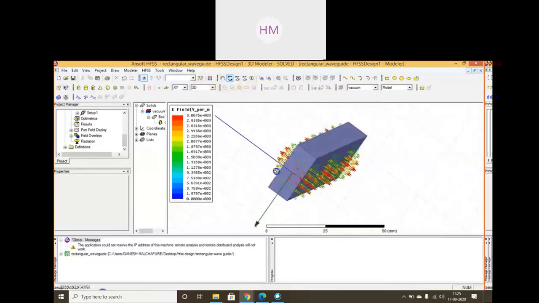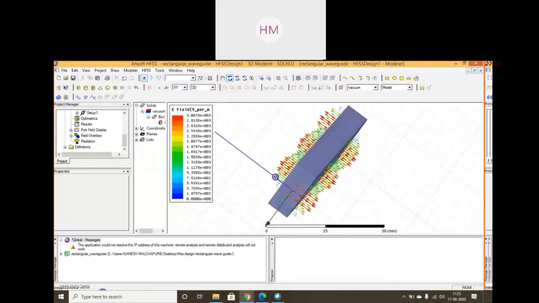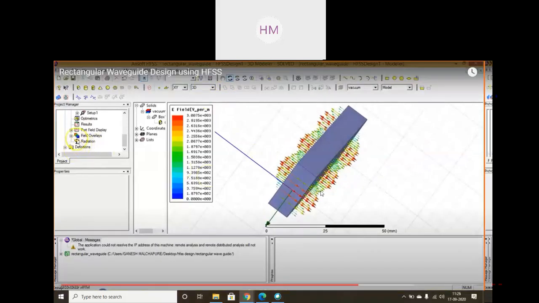You can add animation effect also to this. You can see how the waves are propagating. I will just pause. You can see the intensity of the E field. It is a 3D model. Different colors of waveforms are shown, how the electric field intensity is running.